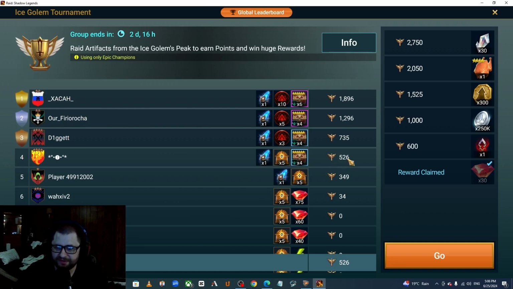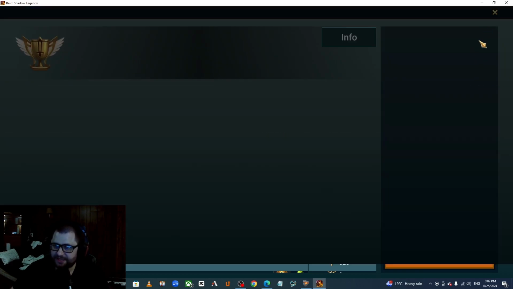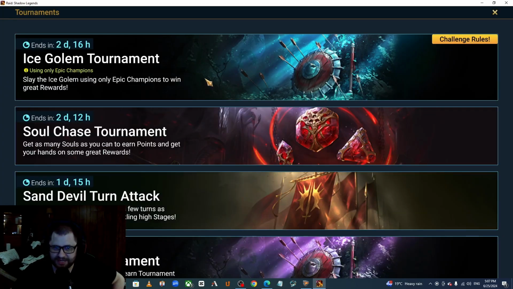I've only done about 15 runs, 15 regular runs, and we're already at 526 points. We'll probably get second place, which is some decent Relentless gear, which I'd be happy with. 4 pieces of 6-star epic Relentless gear is nothing to scoff at. And obviously, yeah, we're happy if we can get at least even,